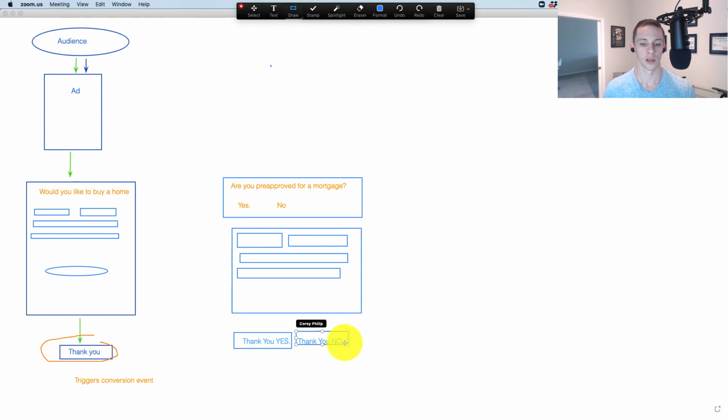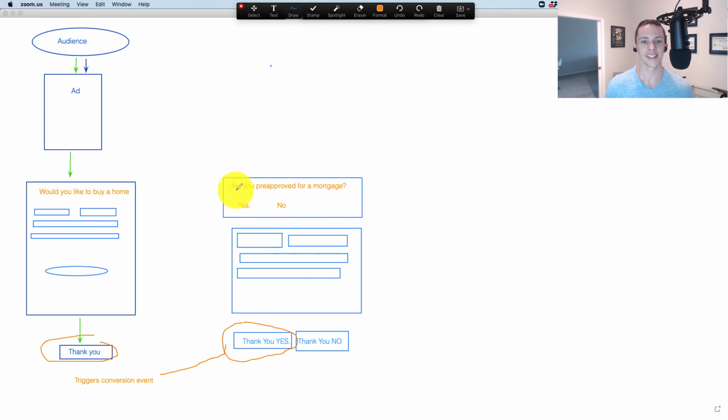triggered. So in this case, we are clearly going to want to trigger a conversion event only when somebody selects yes and not no. Now, if they select no, they still come through, and whoever's on the receiving end of our lead still gets the lead. It still comes through, they still get worked. But what you're doing here is the Facebook pixel is, you're giving the Facebook algorithm information to just optimize for your yeses, the people that answer the qualifying question here,